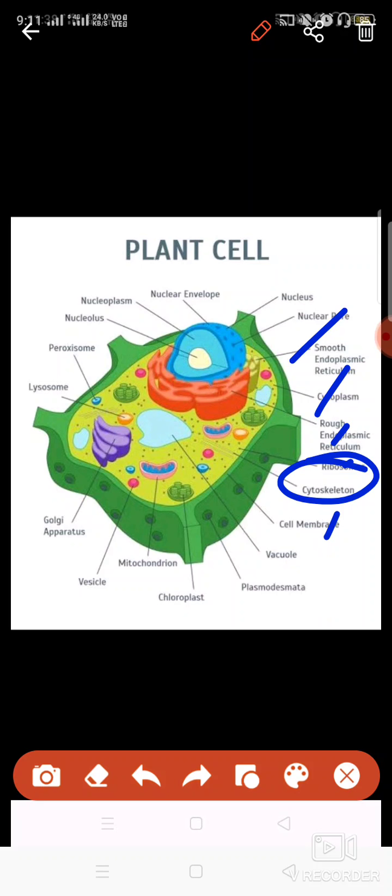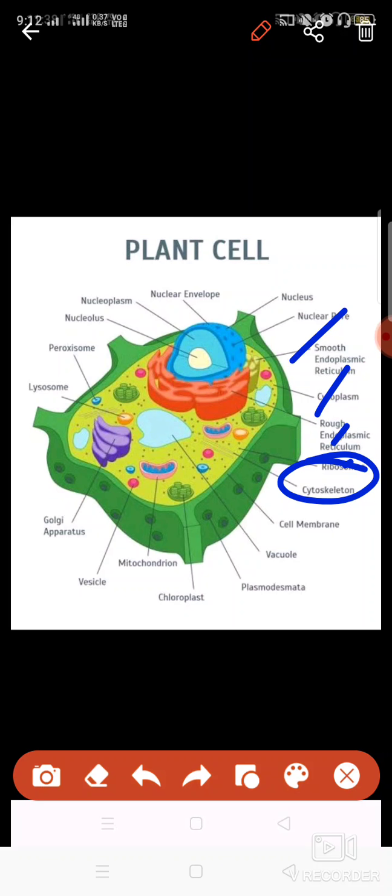The cell wall has some spaces, some pore or hole kind of structures present here, and these are known as plasmodesmata. These help in the movement of substances to the outside of the cell, and if anything is required, it can get inside the cell through the plasmodesmata. Okay, then chloroplast, photosynthesis, mitochondria, respiration, vesicles, movement of the substances, Golgi apparatus, packing and transporting the substances, lysosome,